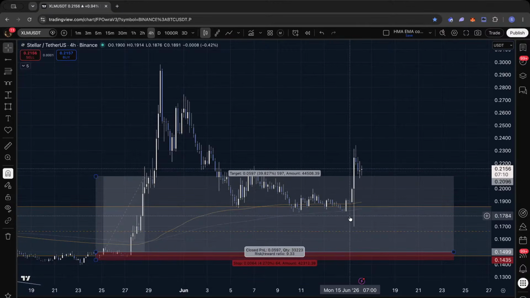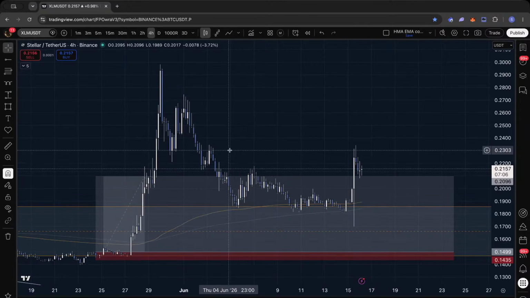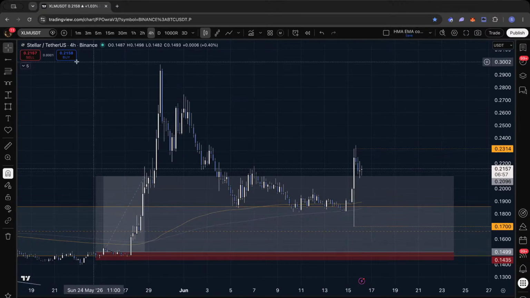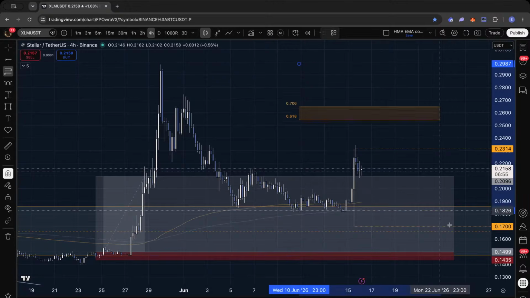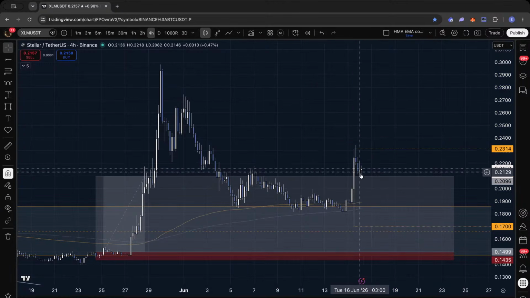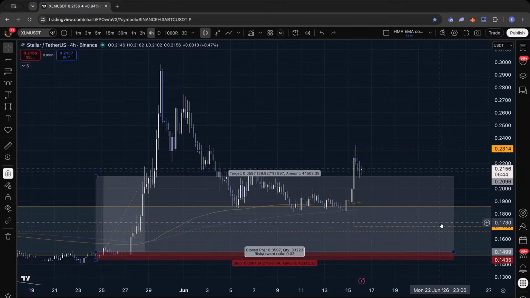Nice swing failure of the lows and reclaim. But most likely what happens after a violent push like that, we'll just create a range. So there is a good probability that market will find the local top around here, but the location is awful. Get into 0.24, 25, reject, get back inside range, and then sweep 0.17.